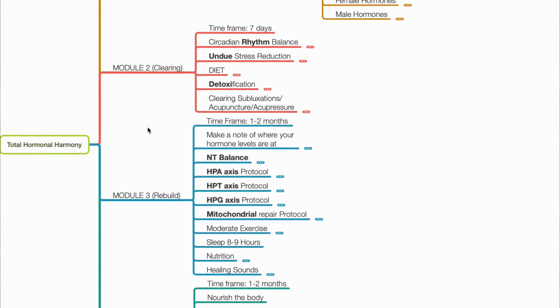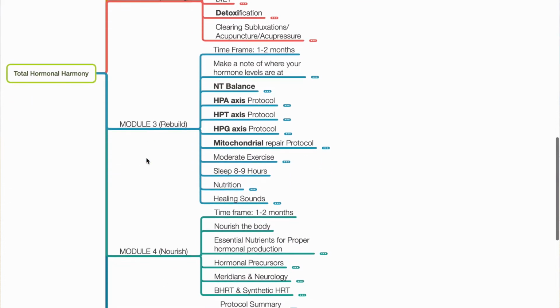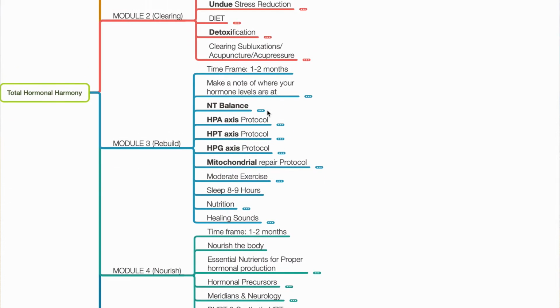That's on average for most people. In module three, this is where a lot of people actually begin their hormonal balancing journey. They start to look at the hormones in and of themselves, but they don't really look at the connections between it all.